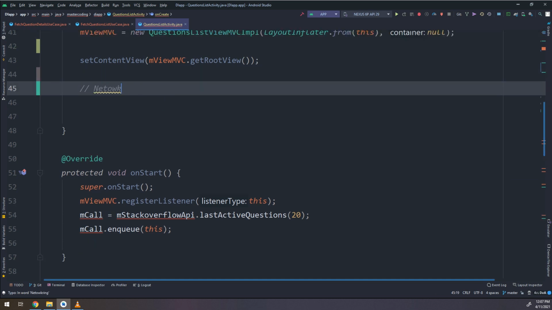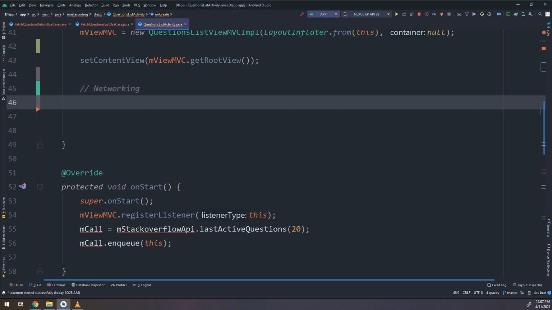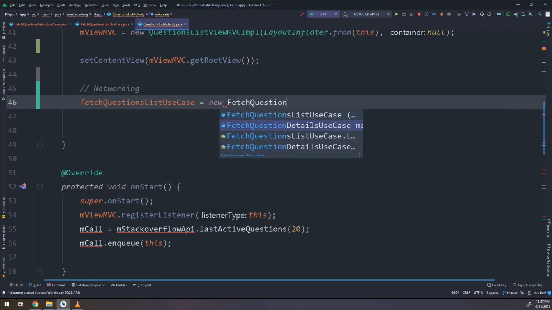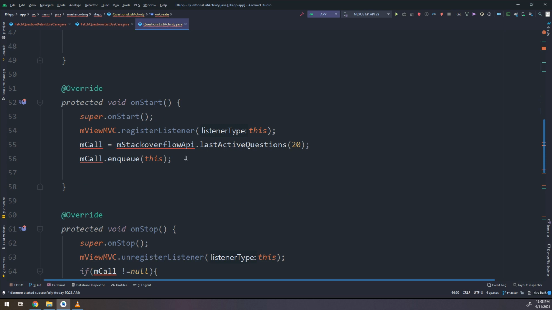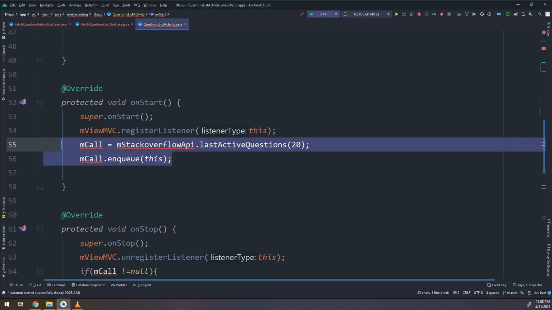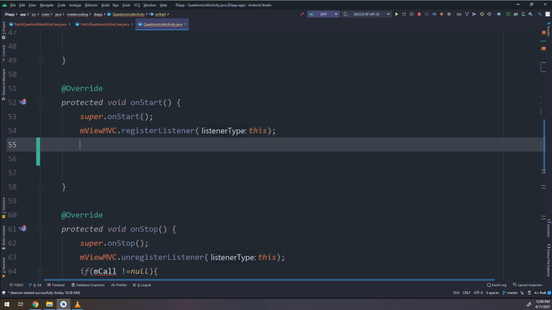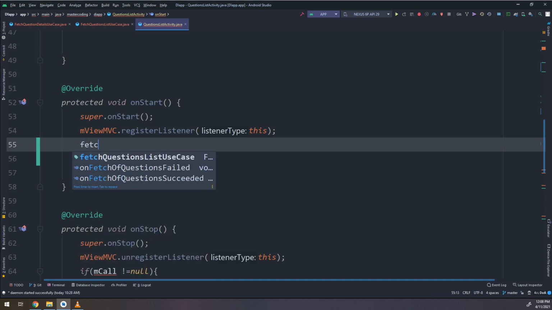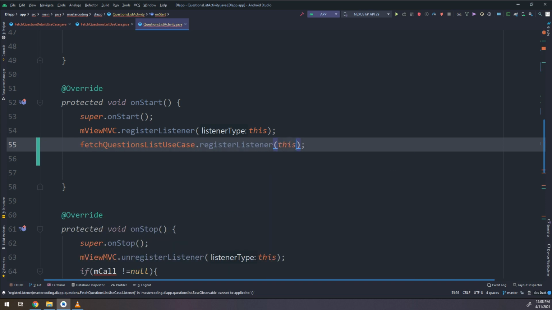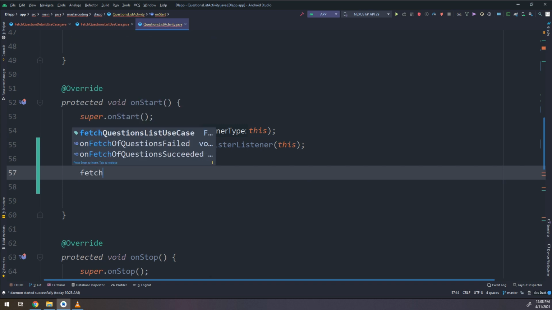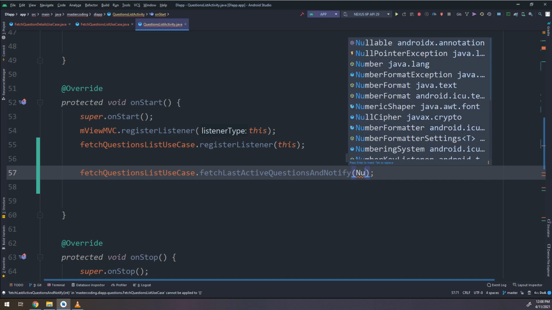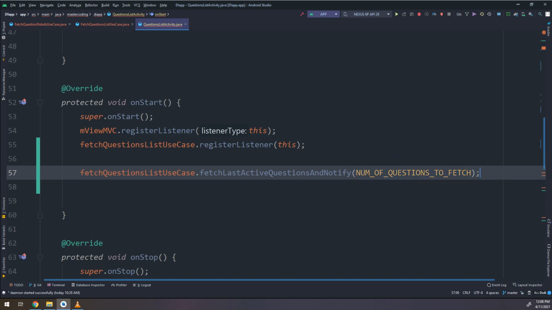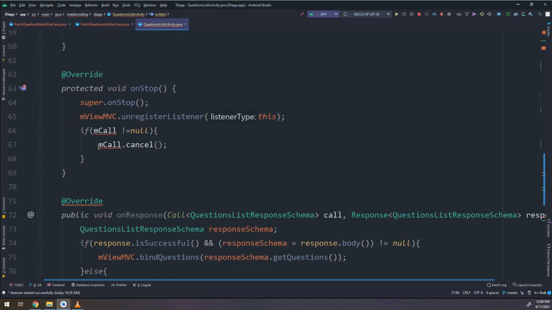Okay, and I will make it as networking fetch questions use case, new fetch question use case. On start I will remove the call, and I will put the fetch questions list use case. Register listener and fetch questions list use case, fetch last active question and notify, and we will get the